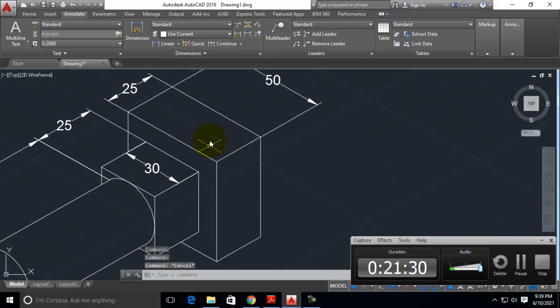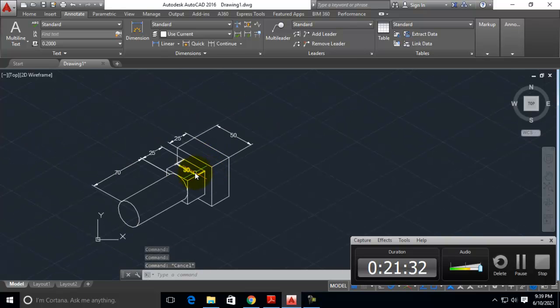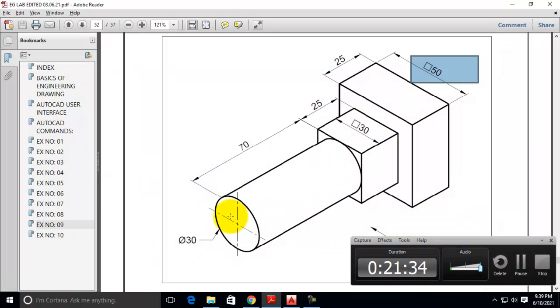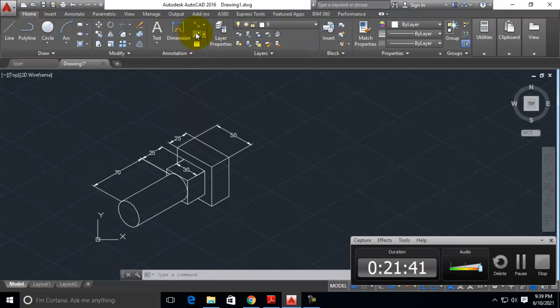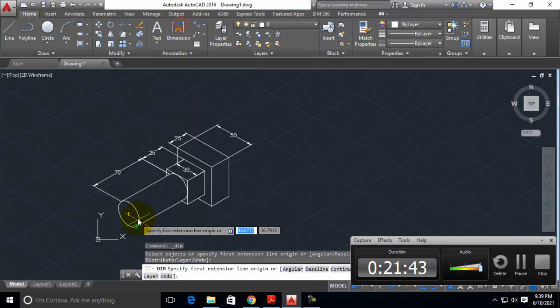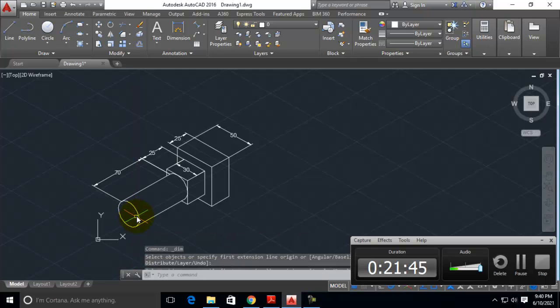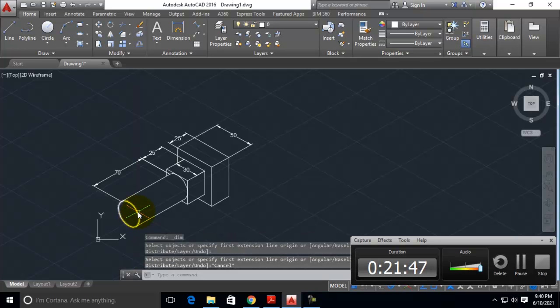Now we have completed the drawing completely. Only one thing has to be dimensioned, this circle. For this you have to use leader alone. You cannot use dimension for this circle, because if you use it, it will show ellipse dimension only, which will not be correct.